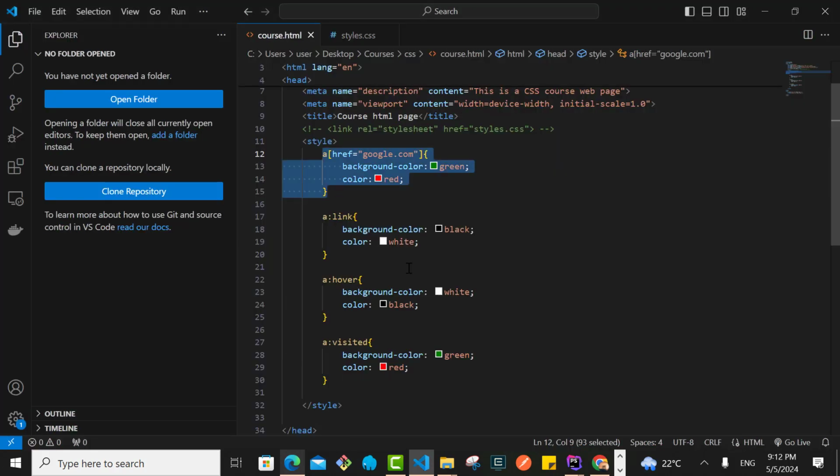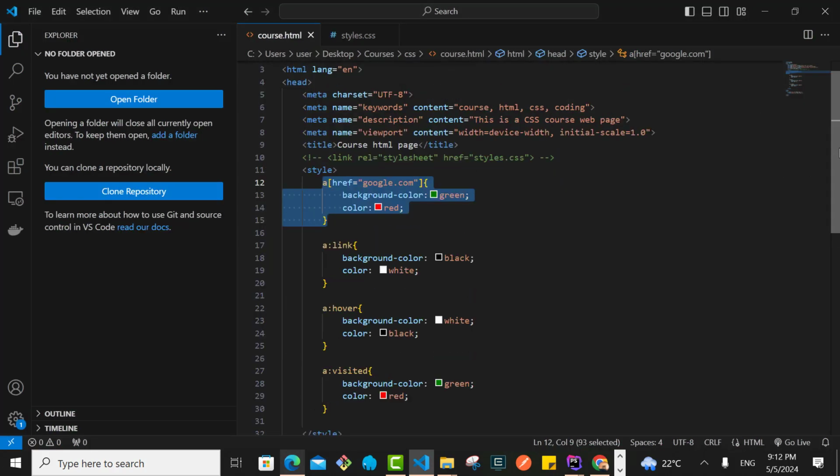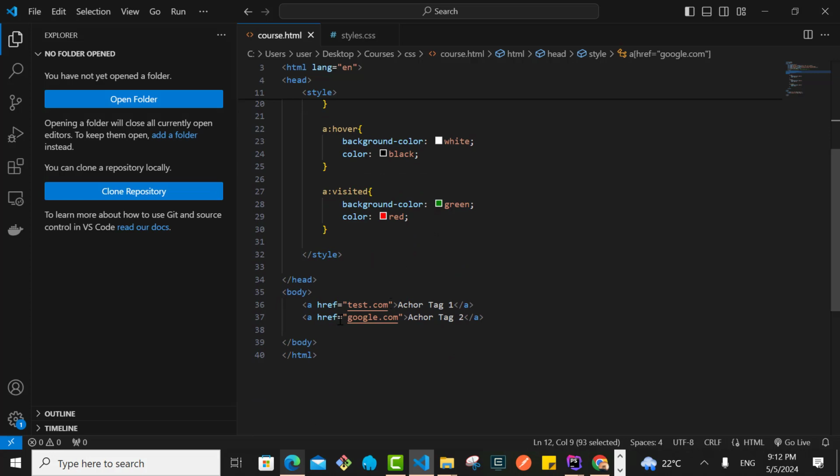What I've done here is I'll need to remove the links, because currently they are redirecting and I don't want them to go anywhere. So I'll just remove this and say don't go anywhere. That hashtag will do that, and then let's go back and do a refresh. All right, let's click here. And now you can see when I click one of them, the background turns to green and the color turns